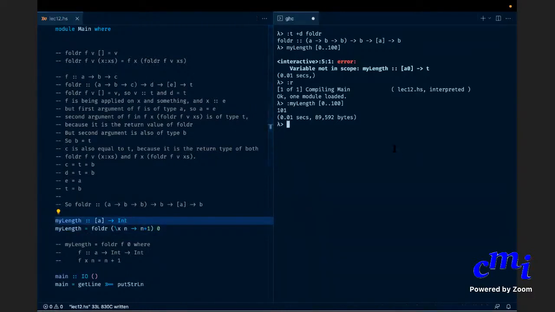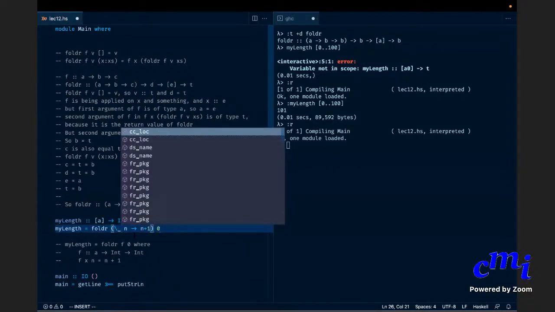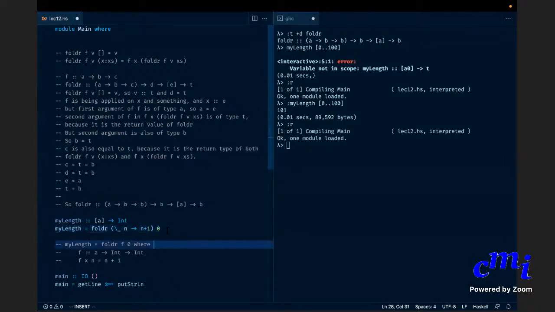Can somebody tell me how to improve this a little further? And emphasize the fact that x is not used in the body. You can put an underscore. Underscore. Exactly. Very nice. So you can also put underscores in the arguments to your anonymous functions. Yeah, this is a very, very useful feature.